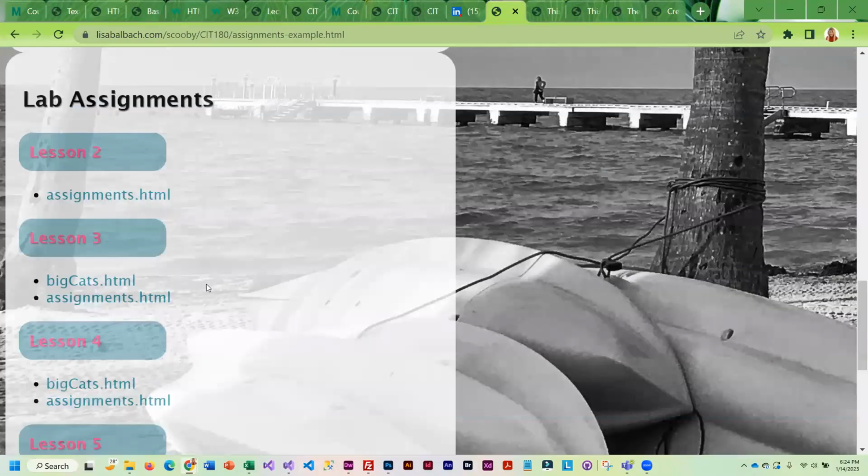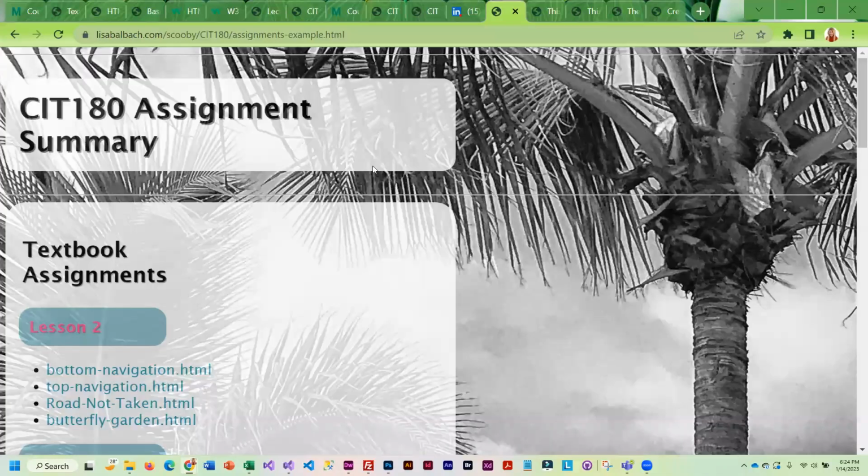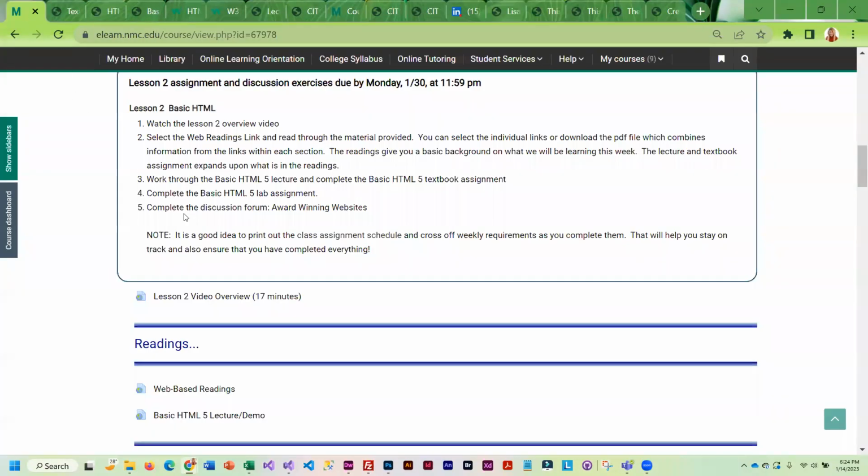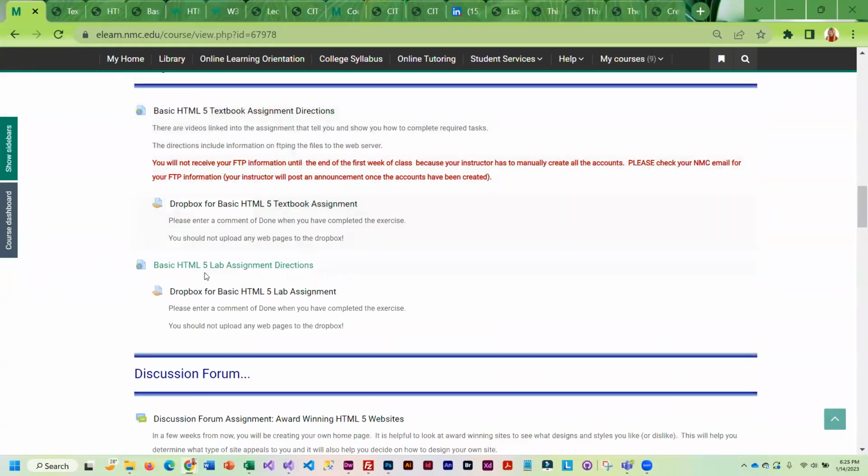It's not going to look that pretty yet because we haven't learned CSS. CSS is where you add the graphics and the colors and all the fancy stuff. So to start with, it's just going to look kind of plain, and then we are going to make it look better once we cover CSS. So when you go into the assignment instructions,